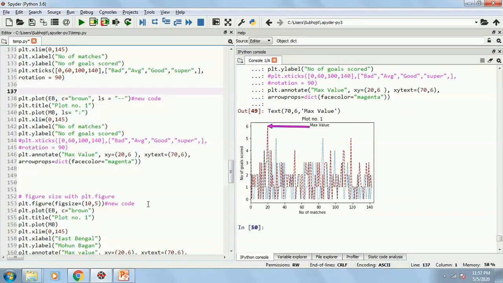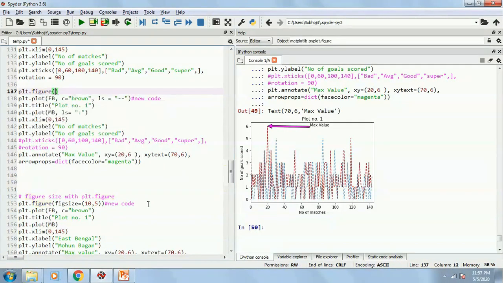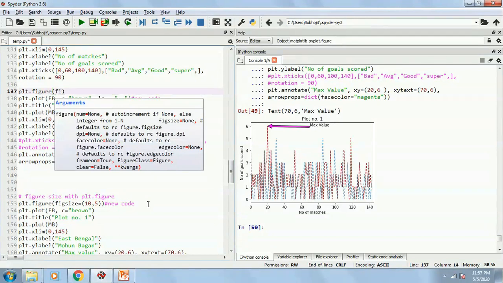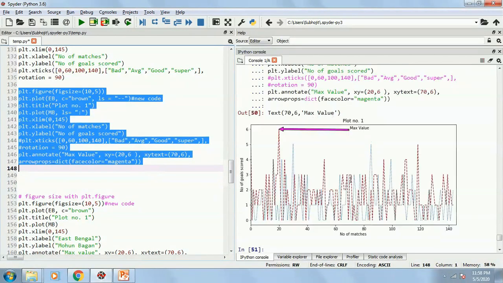You can write over here plt.figure, okay, and then you can write figsize equals to. First you need to mention the length and then you need to mention the width. Suppose I want to mention the length as maybe 10 and width as maybe 5. Okay, now you execute this one, it will become a larger one.